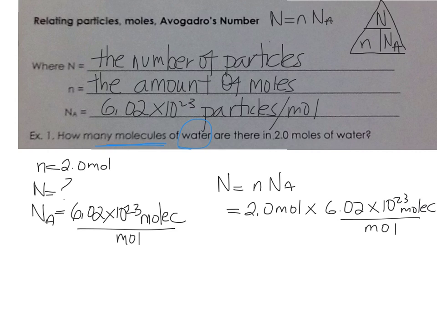What happens here, if you've got a unit on the top and a unit on the bottom, they're going to cancel. This will let you know if you're doing the right math if you end up with the right units. So if we cancel those moles, we're left with molecules, which is what we want. So our answer is